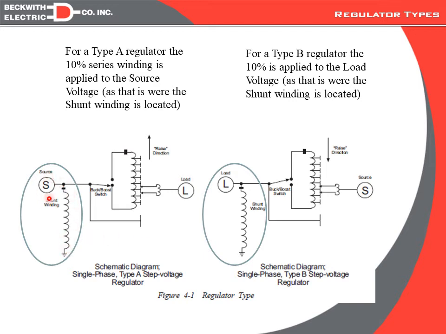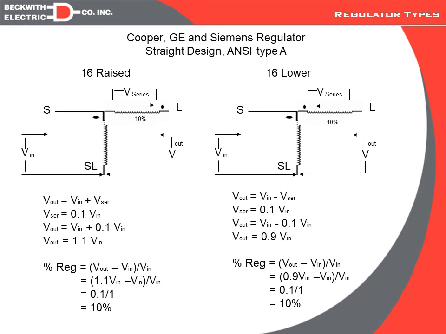If it's on the source side, it's an A. If it's on the load side, it's a B. And why that matters is, if we do the math, we can see for a straight regulator or a Type